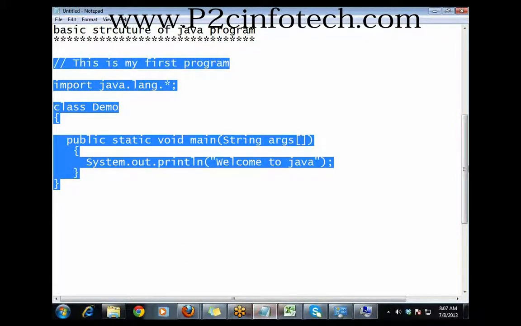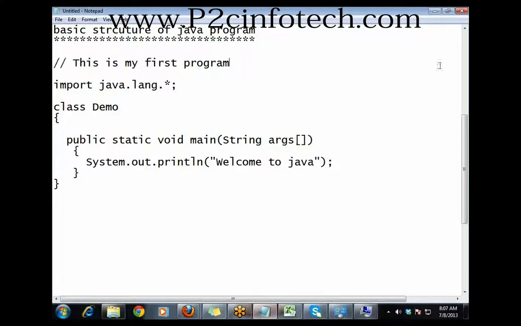Whenever you are writing a Java program, the outlook will look like this. That's why it is known as a skeleton. Let's talk about each and every word, each and every line here. Very first thing, this is my first program I have written. I have written it in general English, not in Java language. So this is for understanding purposes, and the very first line is known as a comment.